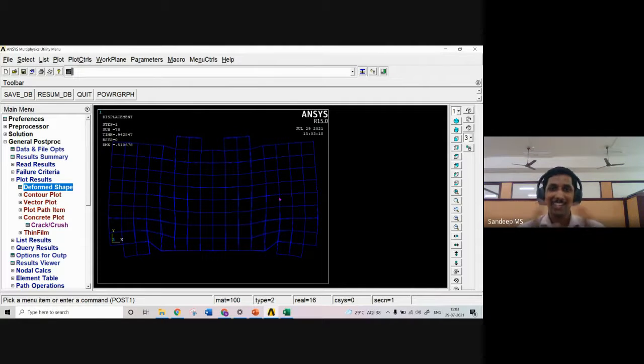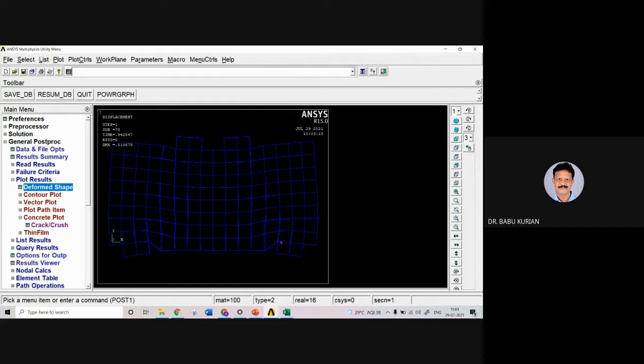So please don't get frightened seeing the shape. Why the shape is like this? Because we have restricted the movement in X, Y as well as Z direction in this node as well as here. So normally we will be providing a roller support so that it will be easy for the support to move slightly to right side, so that proper deflection can take place. Another thing is that this was a deep beam, so we cannot expect a proper flexure behavior for this.